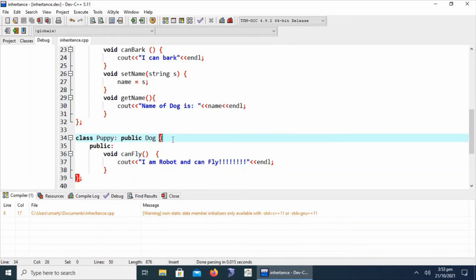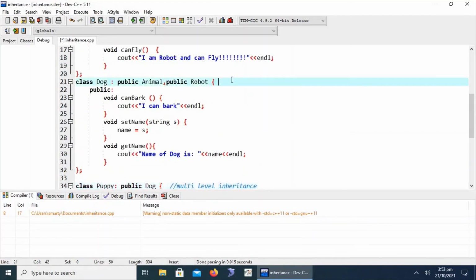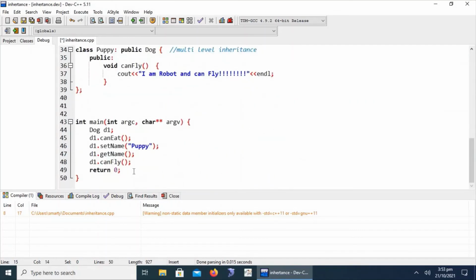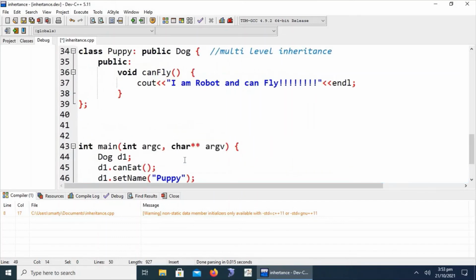This will be called multi-level inheritance, and this is called multiple inheritance. This is called single, multiple and multi-level inheritance.